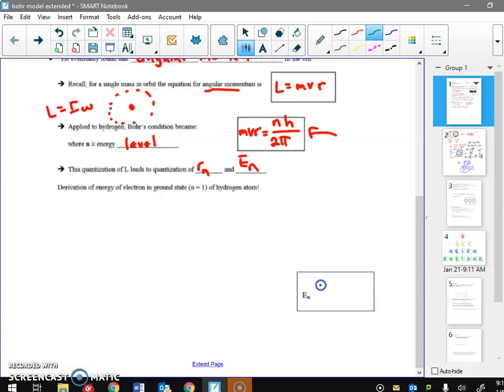So what we're saying is the energy of an electron at a particular energy level is equal to negative, and we've seen it negative in our reference tables. That just means it's a negative total energy. It's bound. 2 pi squared, K, again Coulomb's constant, e to the fourth, times the mass of an electron, so maybe I'll put a little e there, all divided by Planck's constant squared, and then the important part, 1